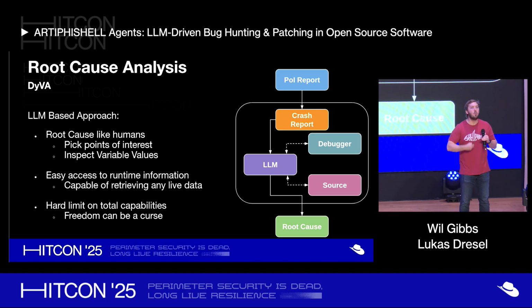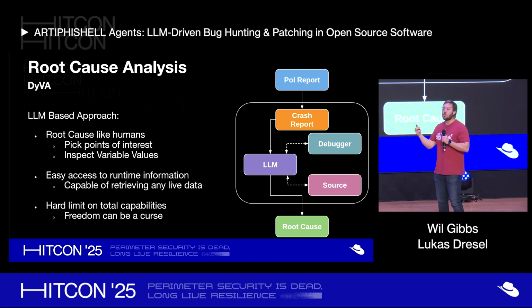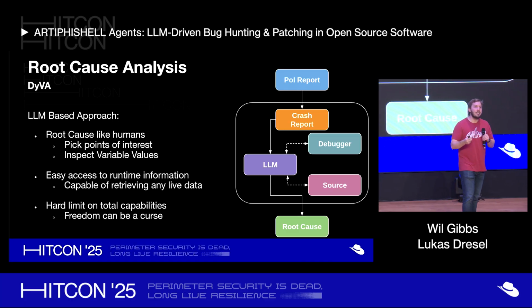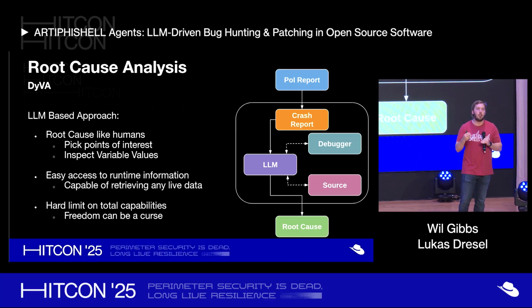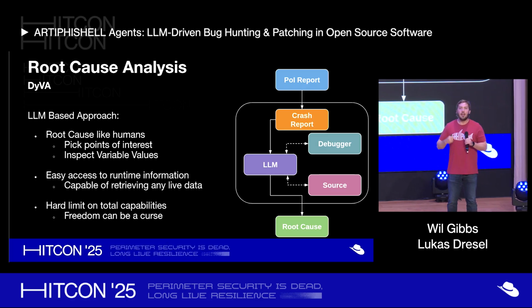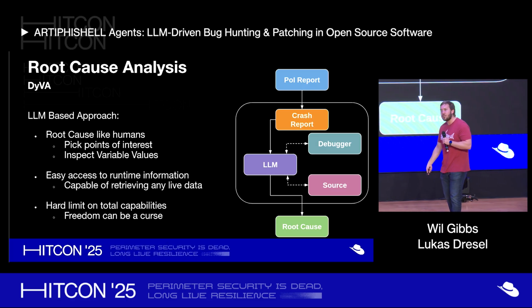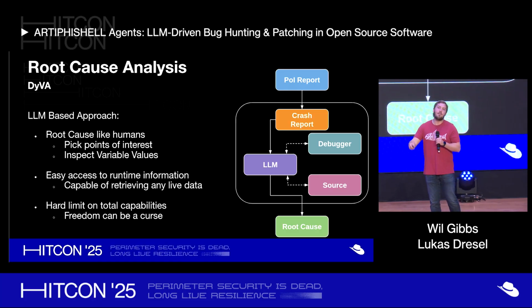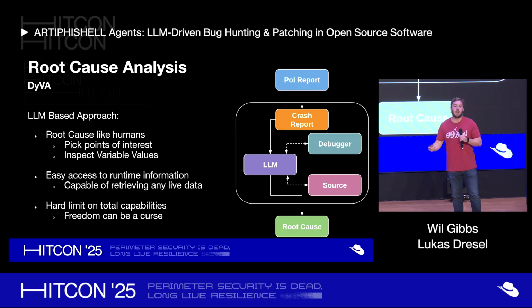We thought, how do we find crashes? How do we figure out what the root cause is? And the idea is we give it information or instructions on how humans actually find the root cause. You tell it, hey, identify the variable of the crash, and then walk backwards. Try and figure out where this came from. Look through the source code, figure this out, and come to an ultimate conclusion.